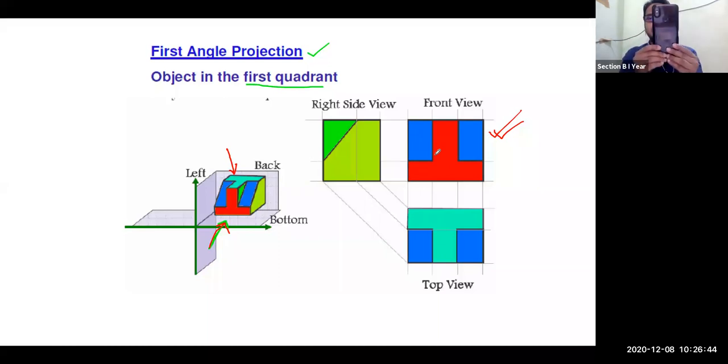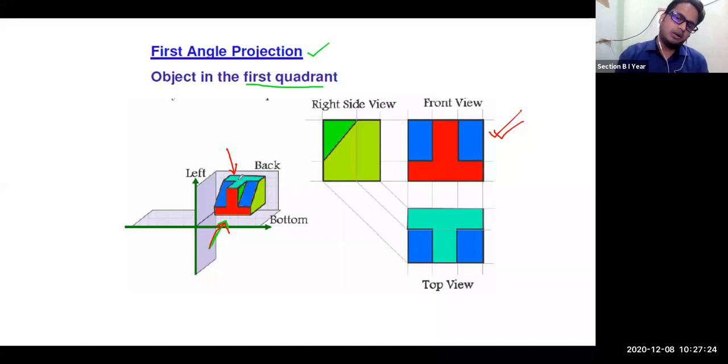So if this plane is perpendicular to that angle, then you will be able to see the original dimension of this mobile phone, or any shape. Suppose if I slant it, whatever projection you are getting now on this camera, one rectangle you are still getting, but the size of that rectangle is reduced. So this blue color is slant face, so we will not be able to see the true size of this blue face in your front view. So that is the thing that you keep in your mind.